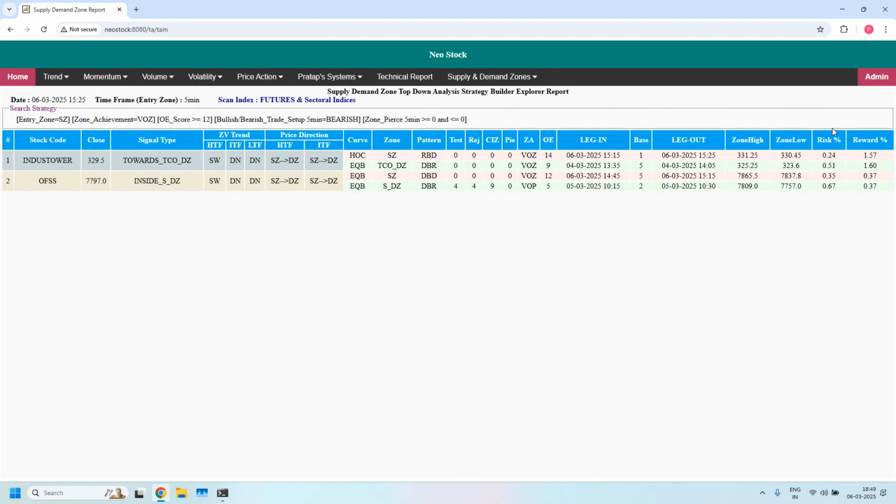With all the 3 filters, we got 2 stocks. So in these 2 stocks, these 5 minutes supply zones are supporting